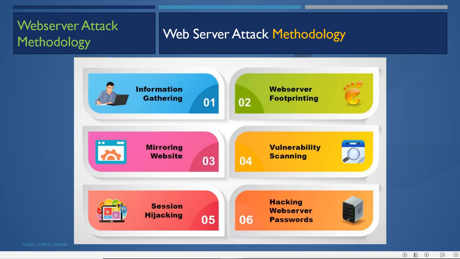Then we can use website mirroring. Why do we mirror the website? That means we copy the whole legitimate website onto our own system, so that we can do the footprinting and try to get more information about the site. Then we can also see what type of attack we can do. So instead of directly attacking the website, we can try those attacks on the mirror site. We mirror the site and try the attack. If it is successful, then we can go on to do this on the real site.